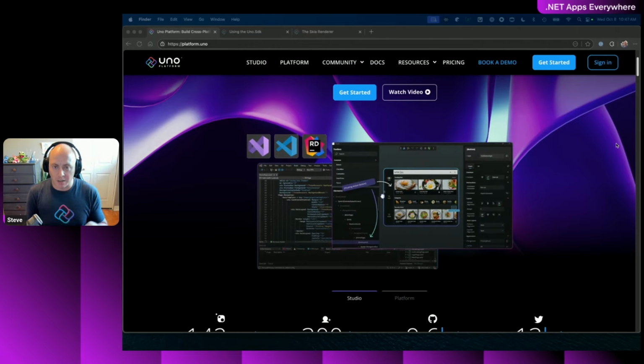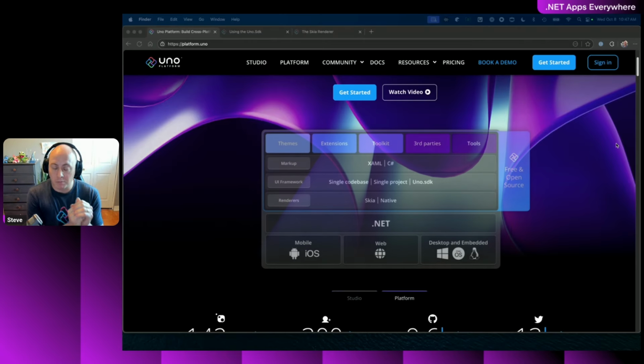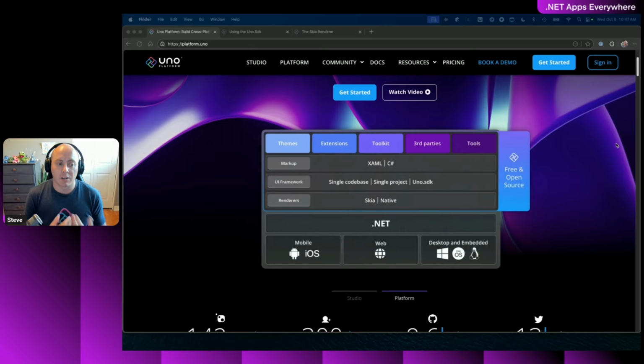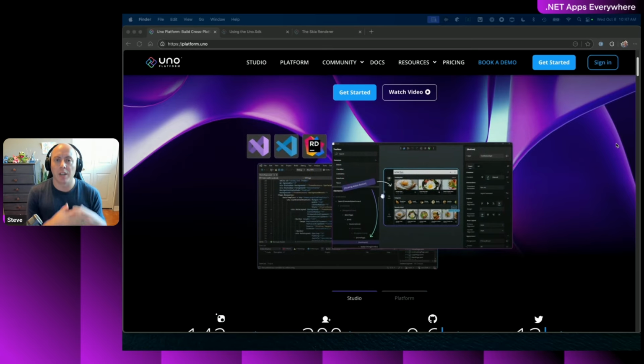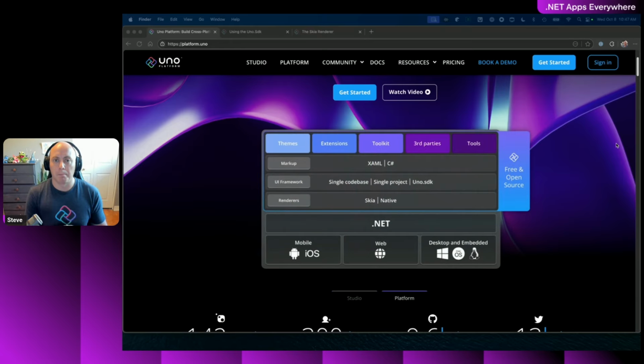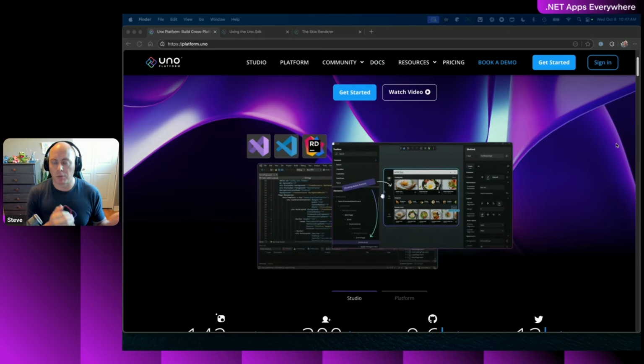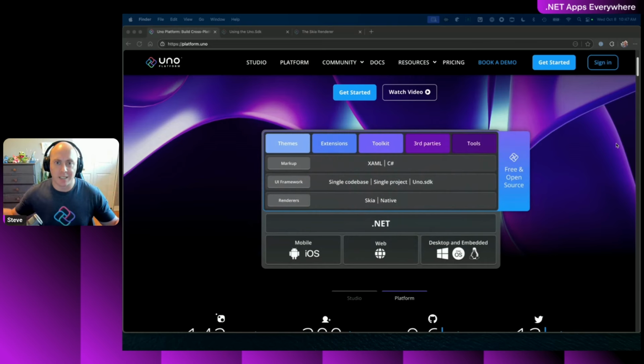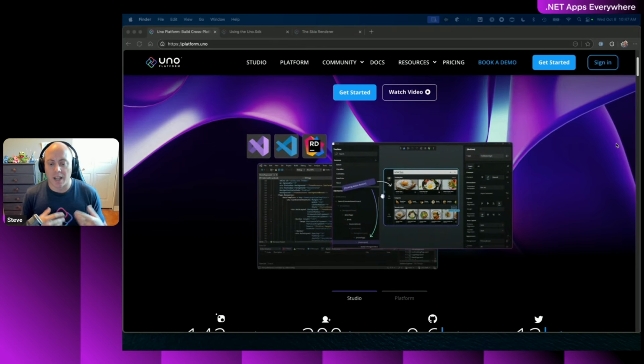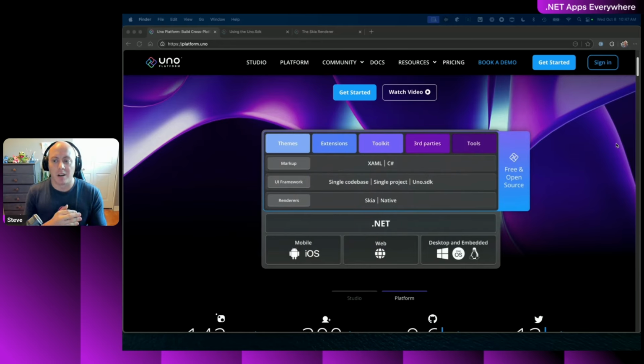Uno Platform at its core is a cross-platform UI framework, right? So you can develop and build your UI using XAML or C Sharp, and it'll look the same, and it'll compile and target any of the platforms: Android, iOS, Windows, Mac, Linux, the web, embedded systems, anything. Your UI will run and look the same across all of those, as well as being able to develop on all of those. So you can develop on Windows, on macOS and Linux, thanks to things like